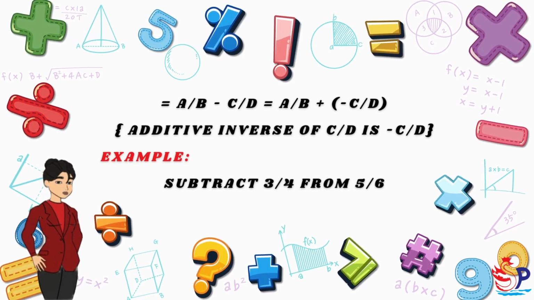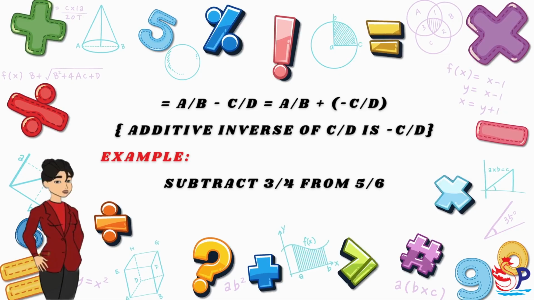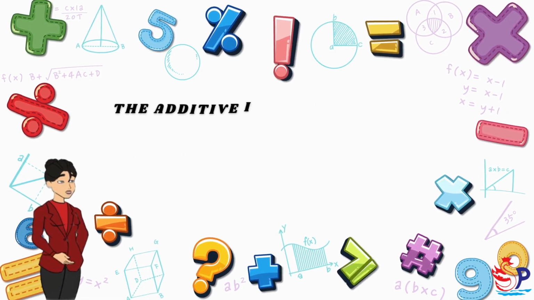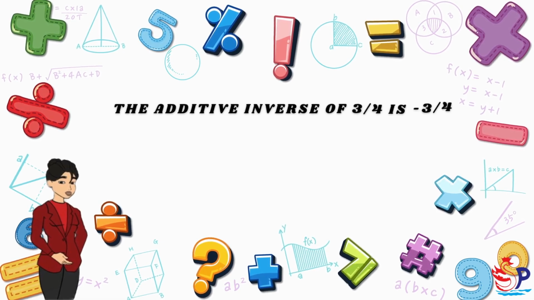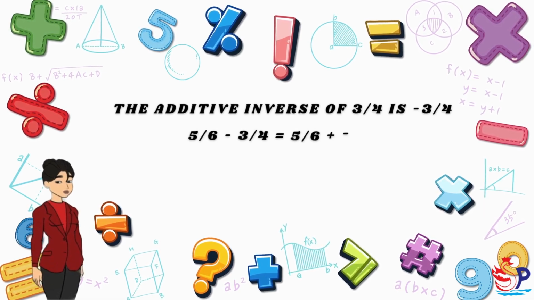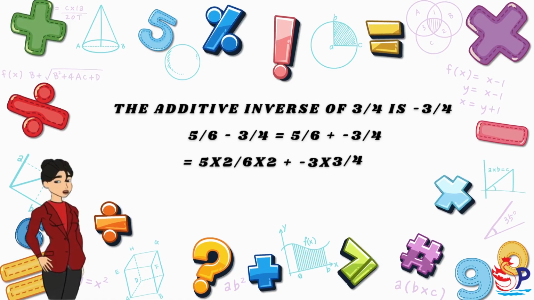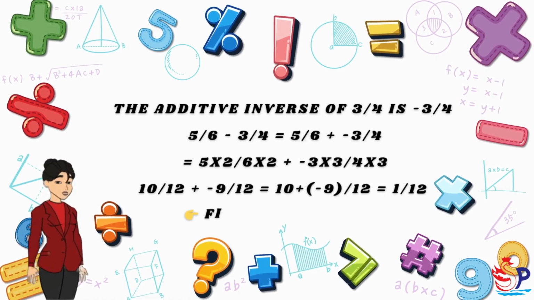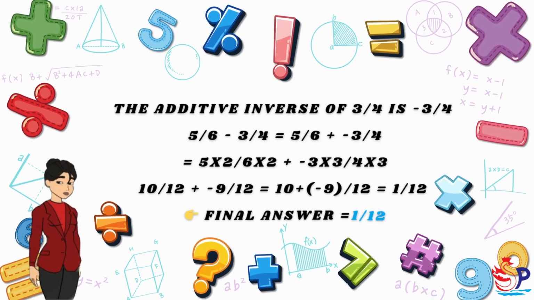Example: subtract 3/4 from 5/6. The additive inverse of 3/4 is minus 3/4. So 5/6 minus 3/4 is equal to 5/6 plus minus 3/4 is equal